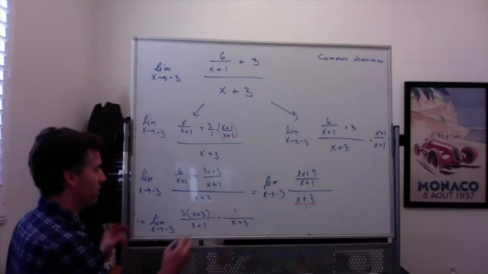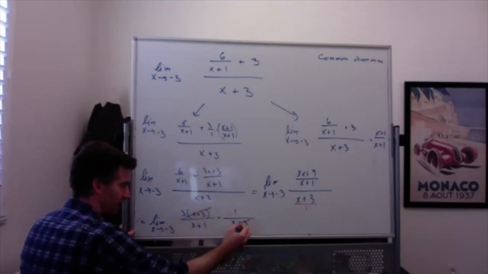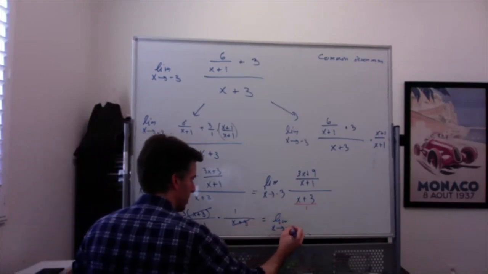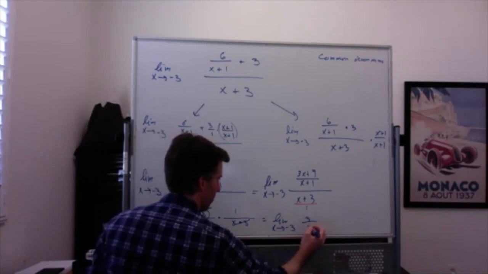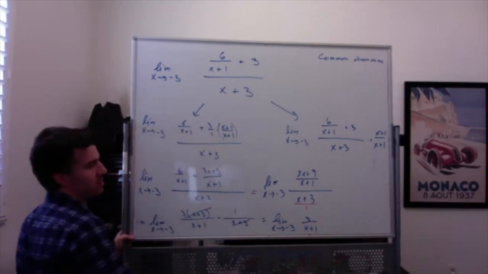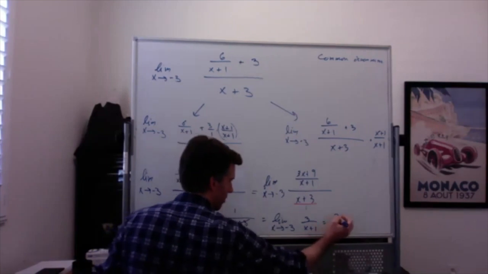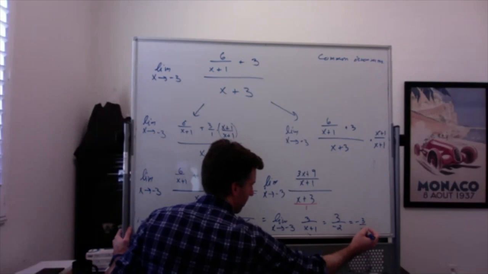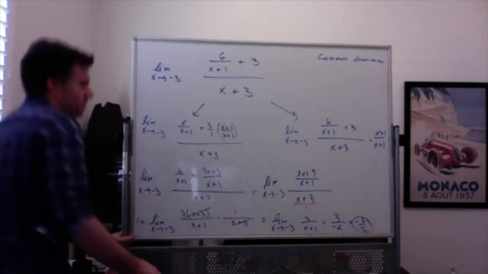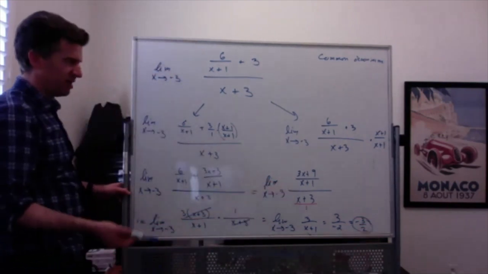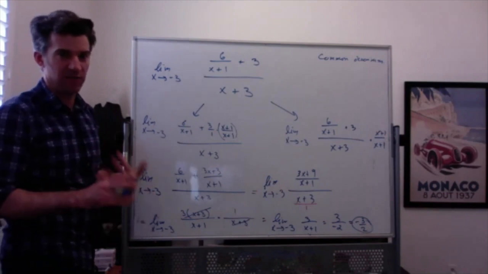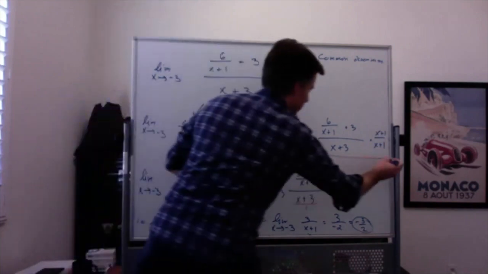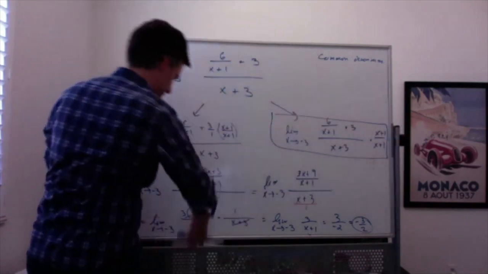And then we can definitely cancel the x plus 3 here and the x plus 3 there to get the limit as x approaches negative 3 of 3 over x plus 1. And then we can substitute in negative 3 and get 3 over negative 3 plus 1, which is negative 2. So negative 3/2. So it's this kind of step algebraically that I feel like sometimes is a little wonky for this kind of question. The other option, which I'm going to erase up here so I can show it there,